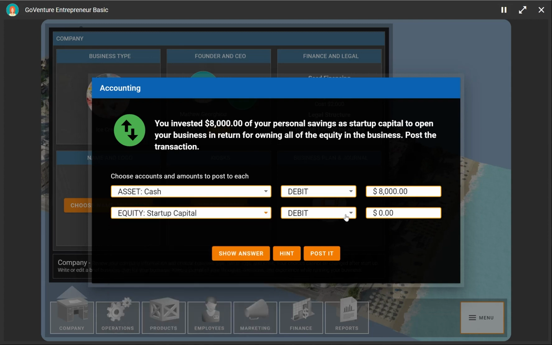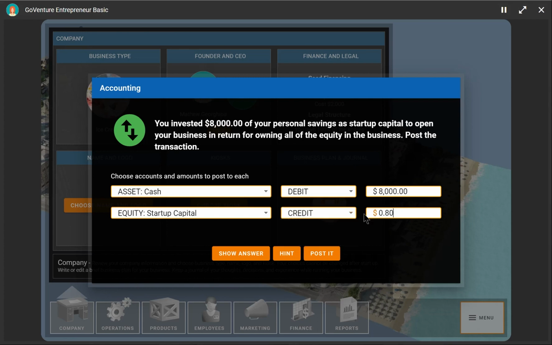And now we have to choose whether this is a debit or credit. We're increasing startup capital because initially it's 0 in the account. All of our accounts are 0 when we first start, and we have to show an increase of $8,000 in startup capital. As an equity account, an increase is represented as a credit.